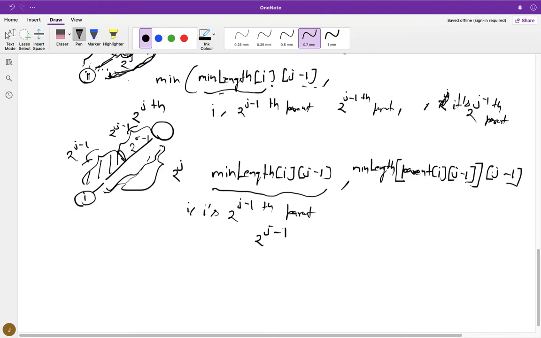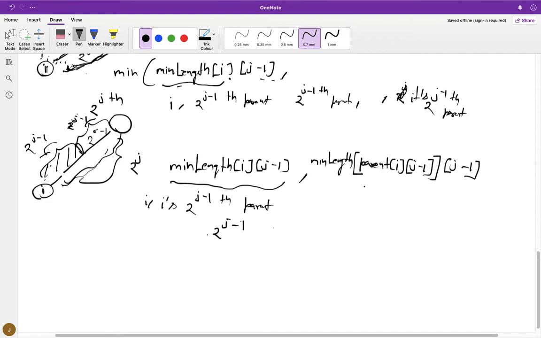That means this entire range we converted into two different ranges. One is 2 power j minus 1 and another is 2 power j minus 1. The first part starts with I and goes to I's 2 power j minus 1th parent.